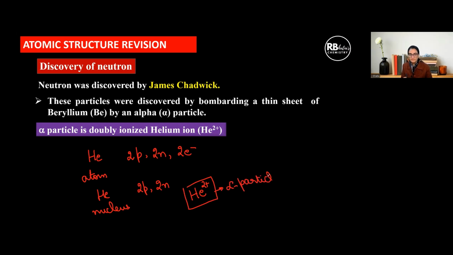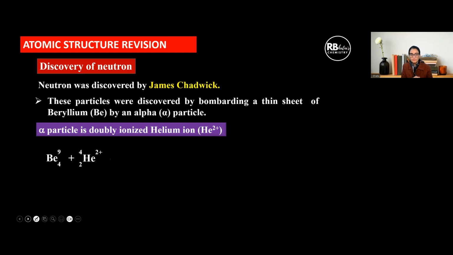So alpha particle is nothing but a doubly ionized helium ion. It's not the same as a helium atom. So you must know this. What is an alpha particle? So the discovery of neutron was associated with